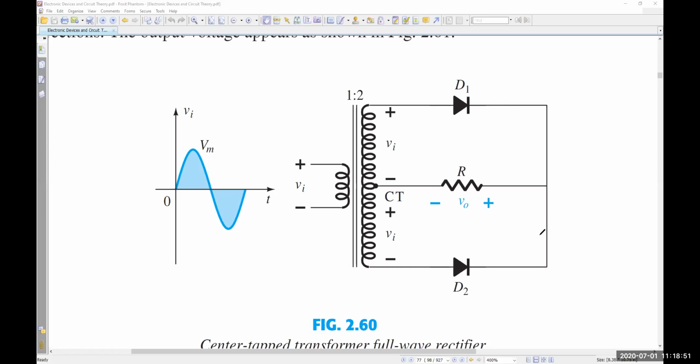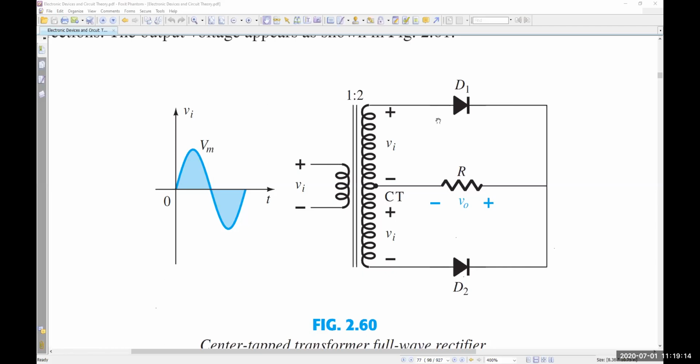Sir, the previous circuit we used 2 diodes. Now here it is only 1. That means in total we used 4 diodes. Here we used 2 diodes, right? Yes, sir. Previously the loss was more. Here the loss is less, right? Yes. And there is one more disadvantage of this one as well.